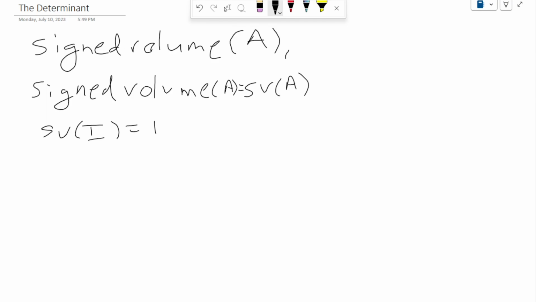And if we start with the matrix A that has columns A1 through AN,